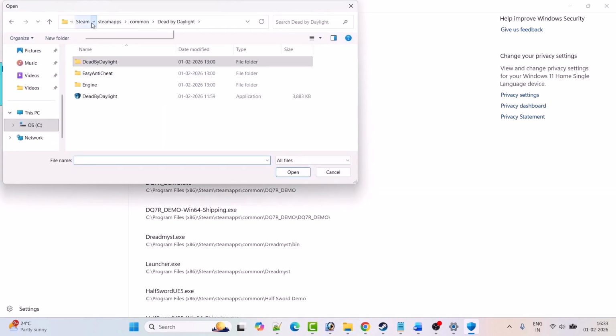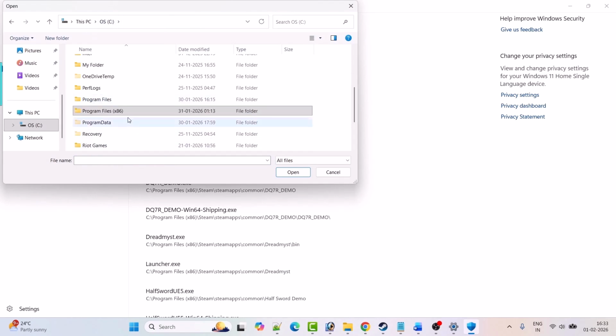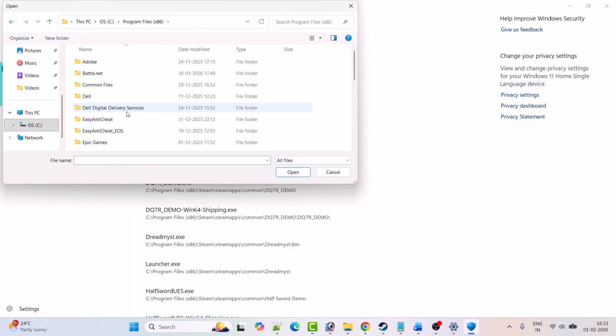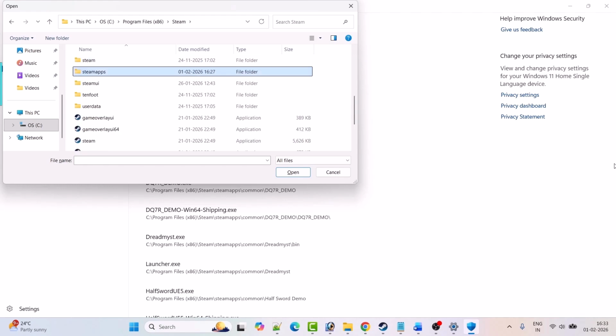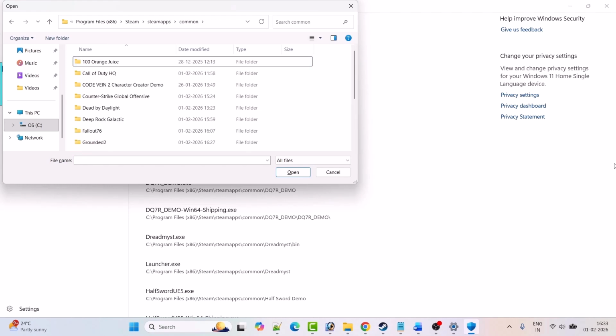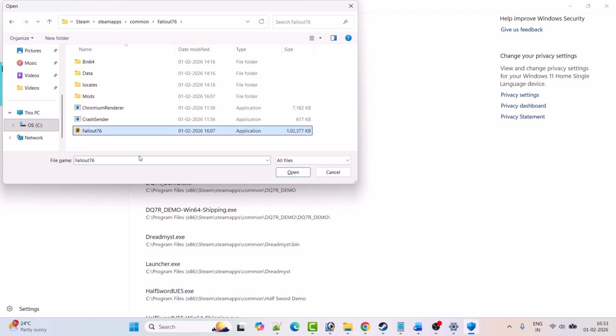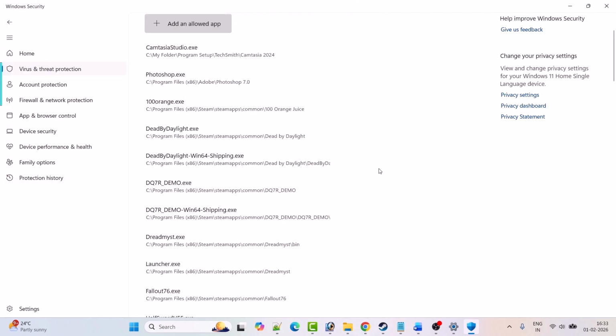Now go to the game installation folder. So open C drive, open Program Files x86 folder, open Steam folder, open steamapps folder, open common folder, open Fallout 76 folder. Now select this Fallout 76 exe file and then click on Open to add it to the list. Now go back,